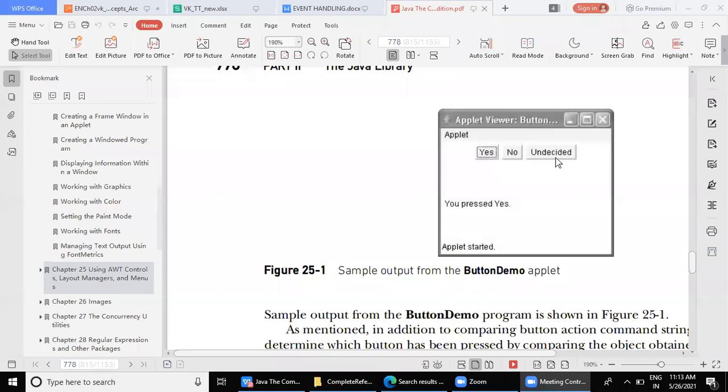All the buttons generate the same event, that is action event. So in case of action event, what code will you write so that this kind of output is obtained? You pressed yes, you pressed no, you pressed undecided. What logic will you follow?